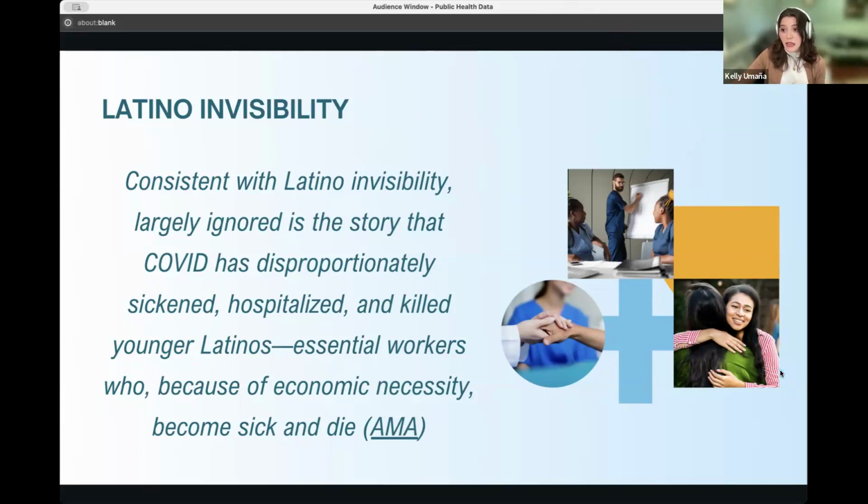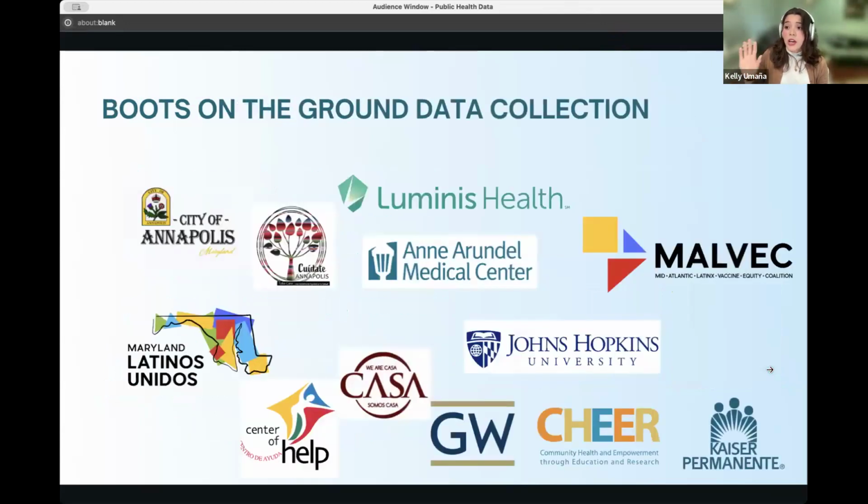They have some case studies that we experienced through MLU around how we supported some of these communities. And so I will always reiterate the aspect of community collaborations and how we can really think through what boots on the ground data collection looks like.